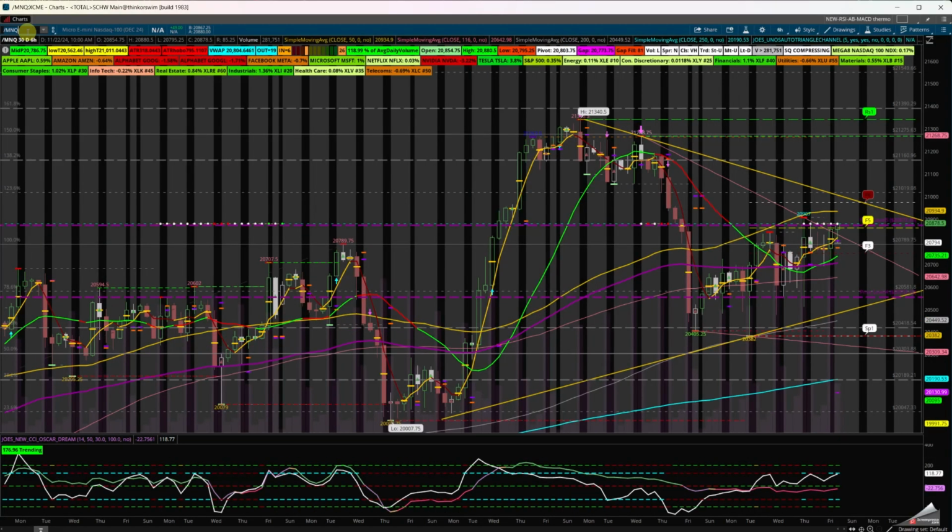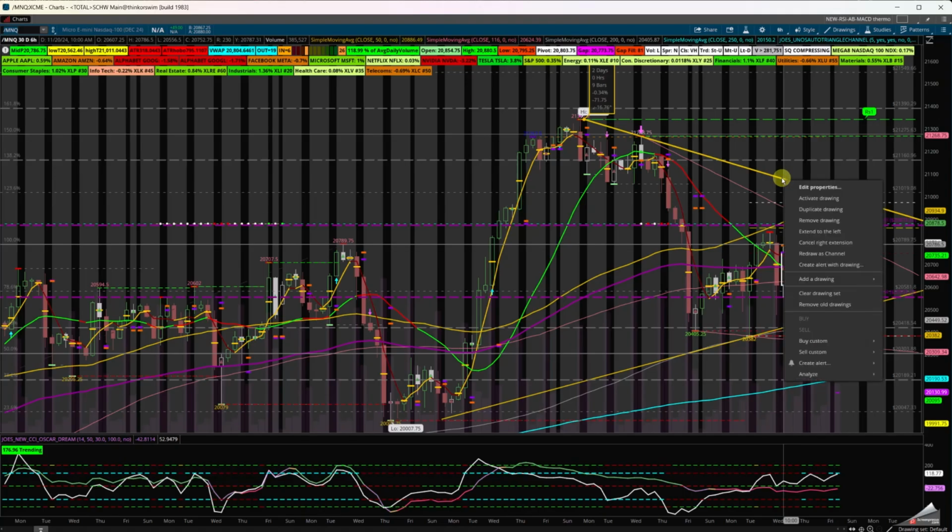Let's take a look now at the micro NQ, and I'll finish up with some micro NQ, which is the NASDAQ 100, or you can use the QQQ. We can see in the micro NASDAQ 100, because of this consolidation here and weakness, every time it came back down, retested, bounced, retested, bounced, retested, bounced, until I clear that 50 SMA and that downtrend channel. I'll get rid of this one, but this is the major one. I'm going to leave it, but I'm going to adjust it.